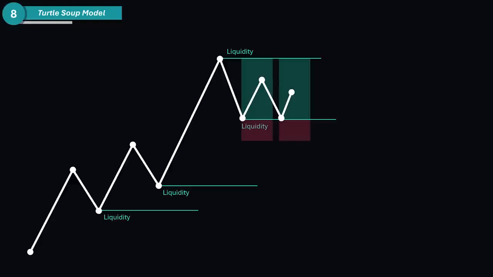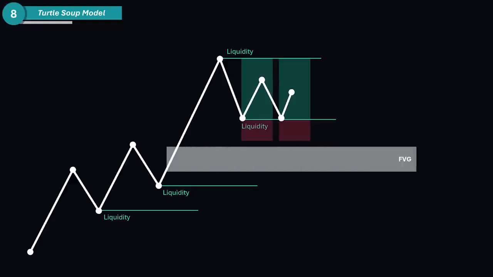Now things get interesting when a fair value gap exists just below this liquidity pool. This creates a high probability trade opportunity in this area. Since liquidity is resting below the support level, there is a strong chance that the price will break below the support, sweep liquidity, and then reject the fair value gap to the upside. Once this rejection occurs, price is likely to gain bullish momentum, push higher, and continue the uptrend. This setup provides a smart way to trade with the trend while using liquidity and fair value gaps to identify